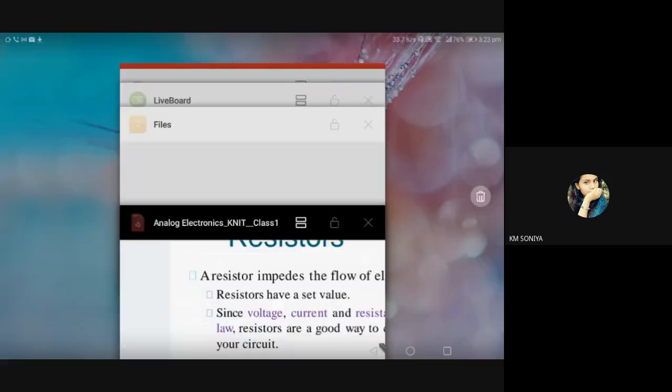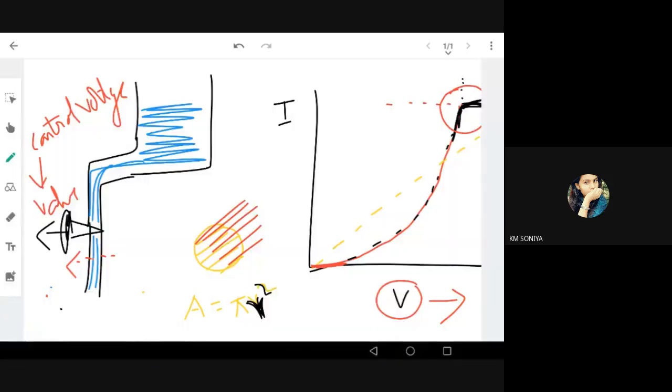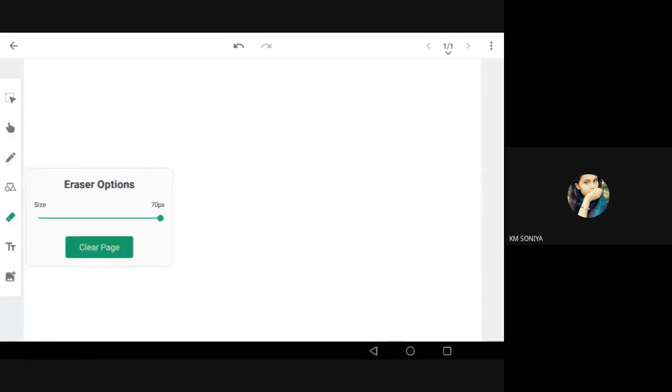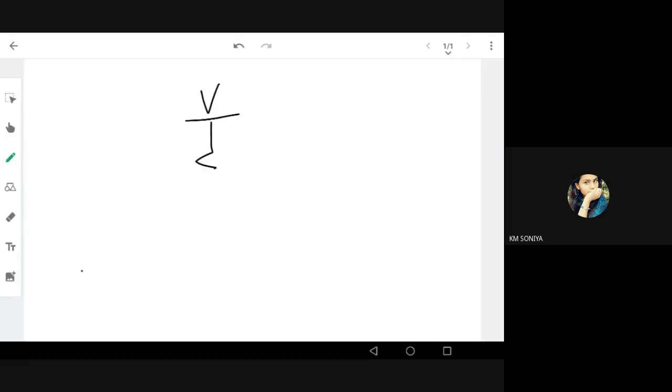basic equations which we have studied of the resistance, like the voltage divider equation you might have studied. So this is a voltage V. I have two resistances, right? So this voltage is V1, this voltage is V2. Why is there a difference in voltage? Because there is a difference in resistance. This is R1, this is R2, right? So all this voltage divider equation you should refresh.